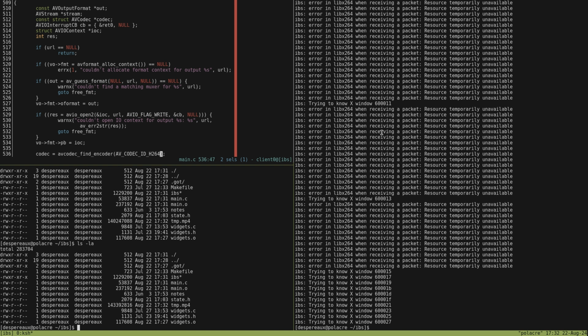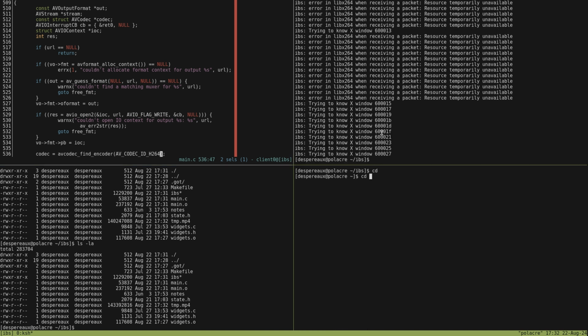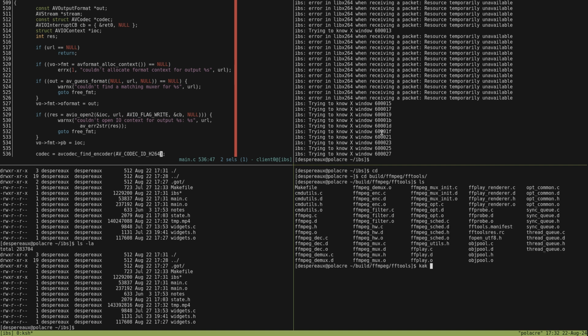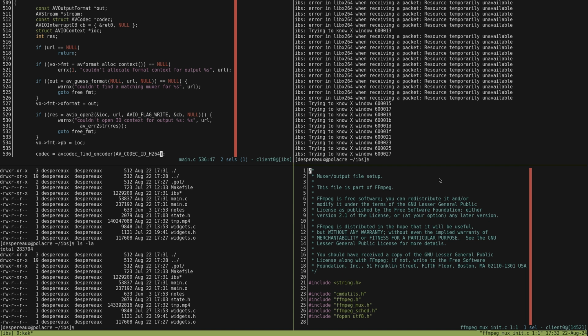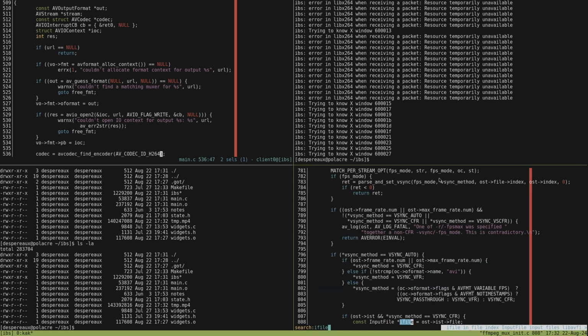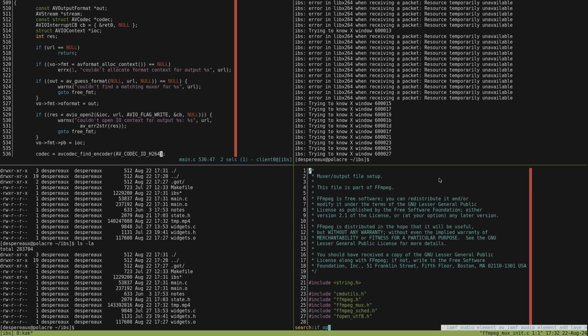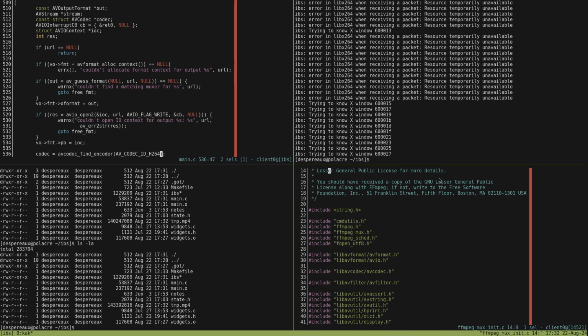So if we go back to FF tools, and then I guess it's this one, I think. I think it's iopen, or ifopen.